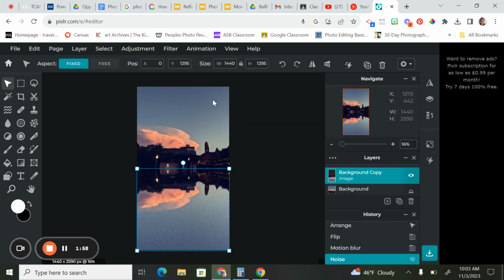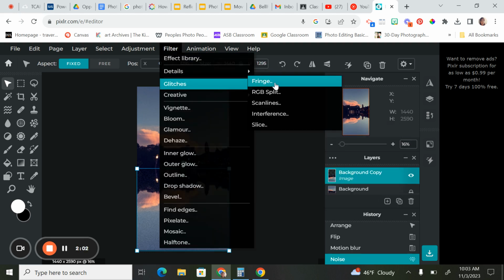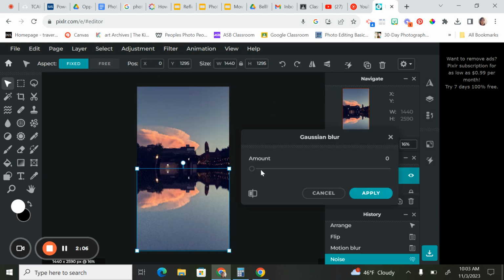And then the last one that we're going to do is right back up to filter details, and then we're going to add some Gaussian blur. So again, just a little bit, and it's just going to help us make it look a little bit more